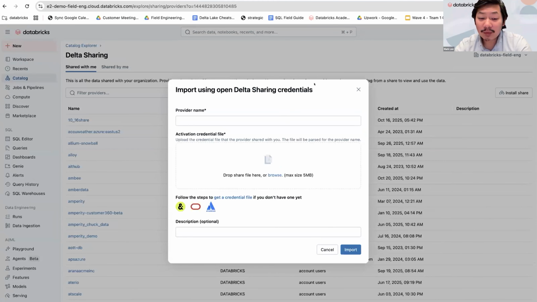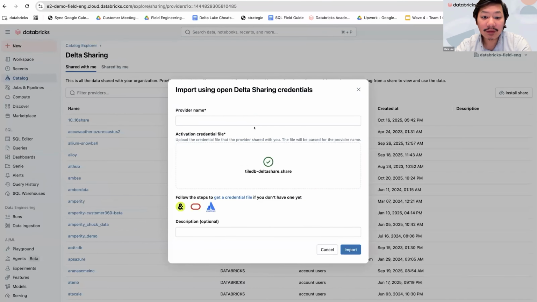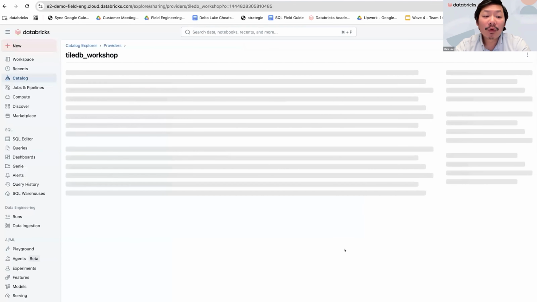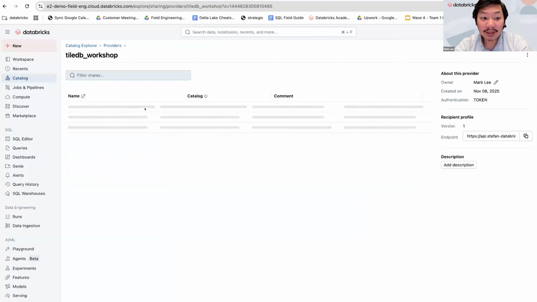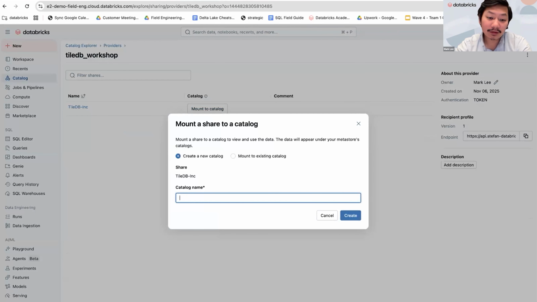And what you can see here is the ability to import using open Delta sharing credentials. If we go over to our downloads here, I have a particular share file that's been generated by TileDB. I drag and drop this inside of here, and then I'm going to call this TileDB workshop and import this in. When I import this in, you're going to see the ability to actually have the name of this particular share and a catalog that we can actually assign it to. And once we mount this to a catalog,